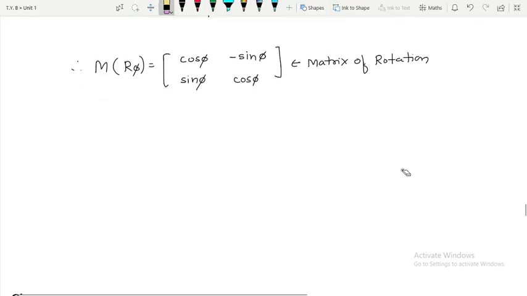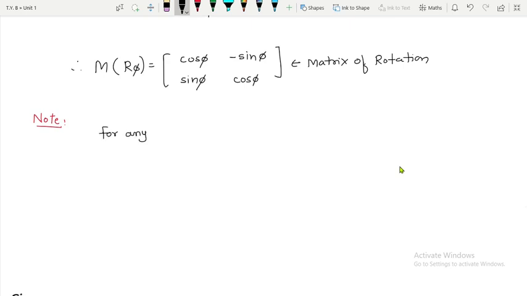Hello, my dear students. In the last class, we have seen the matrix of rotation. Now, let us see one note relating to it. So, I will write a note over here. Note. Now, just keep one thing in mind. We are going to deal with polar coordinates over here. So, I will say for any